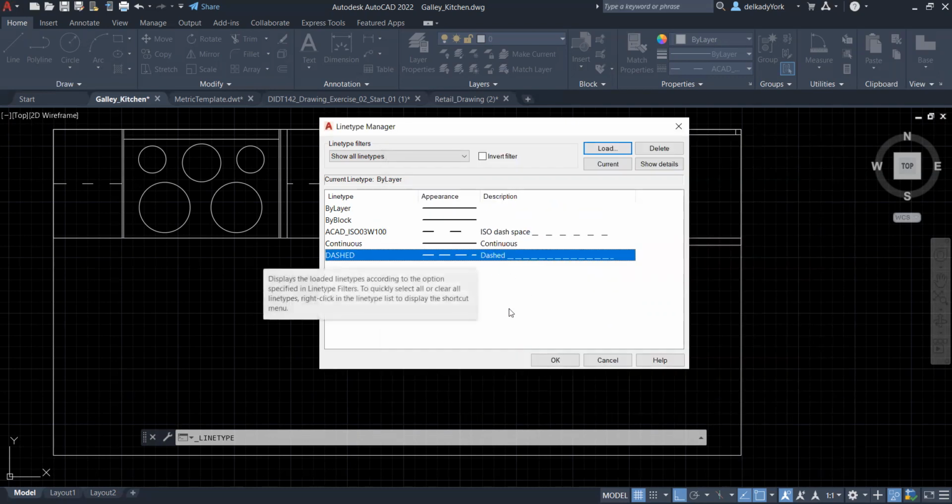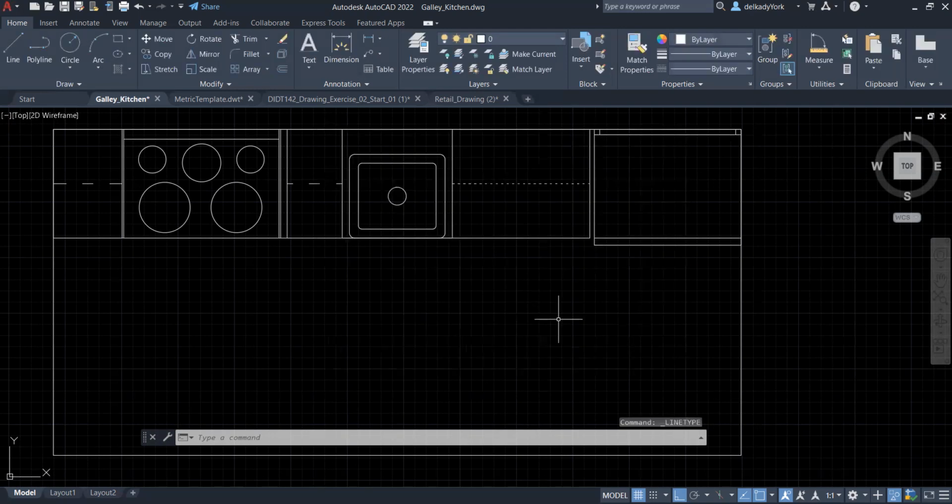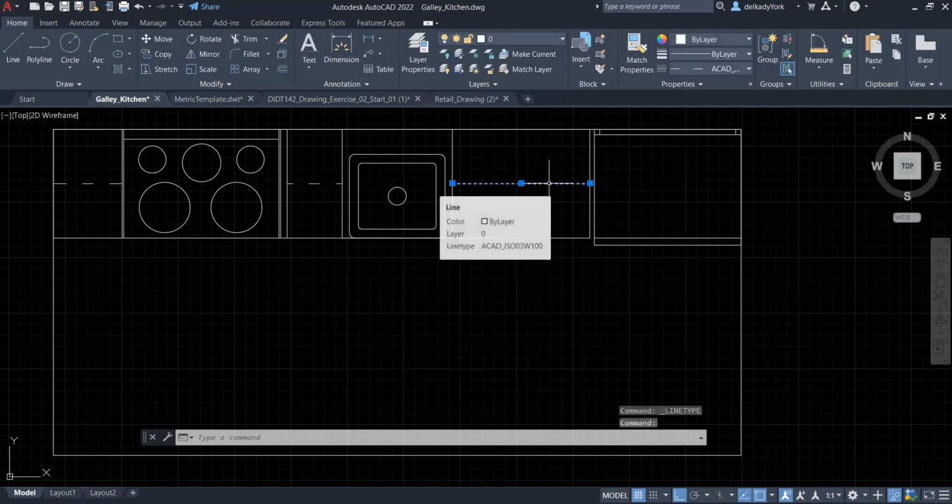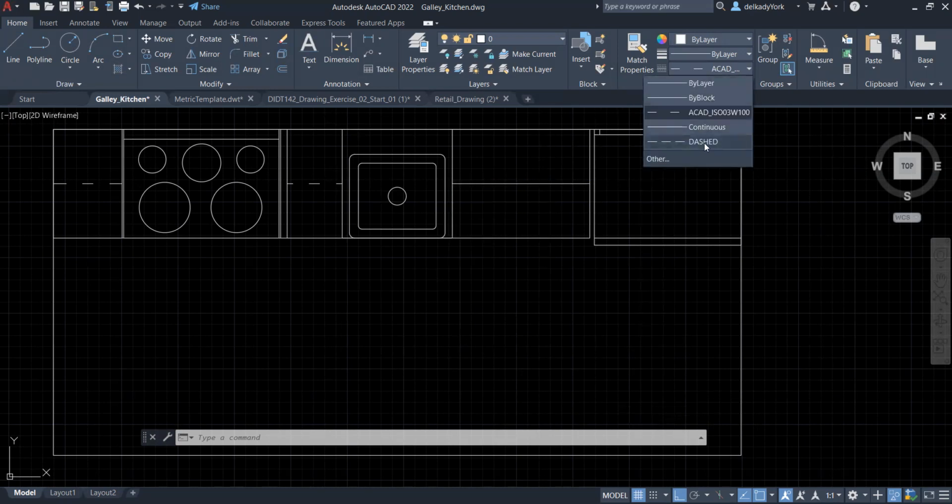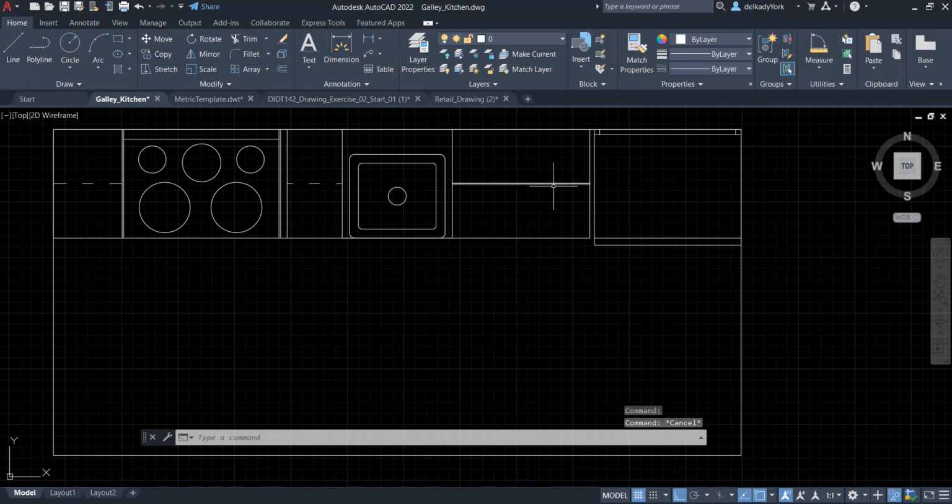So this is the new one that I loaded. I'm going to click OK again, and I don't have that. And again, here it's ACAD, and I'm going to click on dashed. Now dashed is solid. So to do this, we need to work with